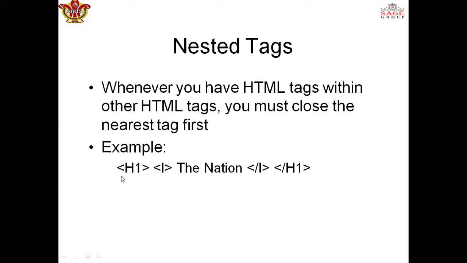For example, you already studied nested loops. Fine. So if you write one loop and then write another loop inside the first loop, what happens is the inner loop is executed first, and then the outer loop or outer condition will be executed. The same is here in the case of nested tags.